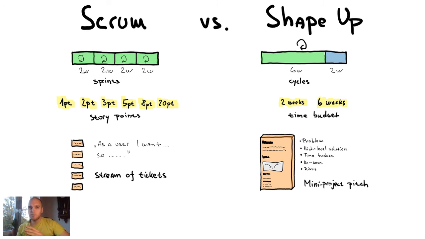Then there is a section about what they call no-gos, or we can call it nice to have. Basically, clearly say what is only nice to have for that feature, and what things don't bring that much value, and the team should not be focusing on that unless they really have the time, and usually they don't. So that's another thing. And the last section is about risk,